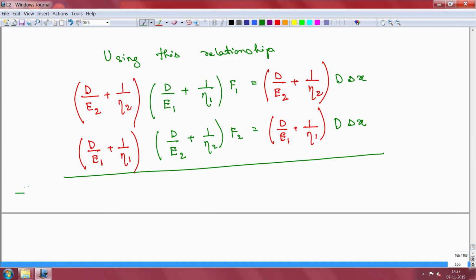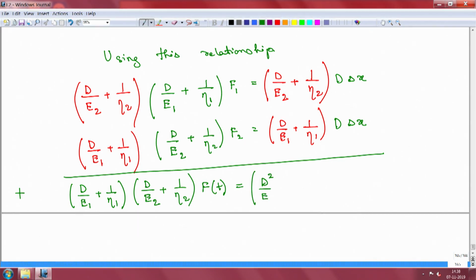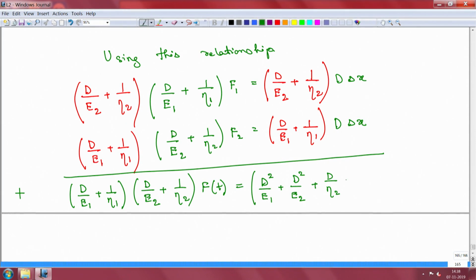So, now this is in a situation where I can add these two together. Okay. So, you just add them and the resulting equation will look something like this. I leave this in the factored form and here you will have this. Right.